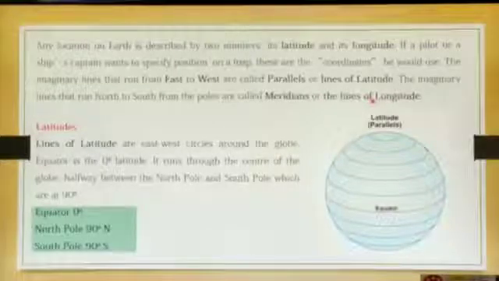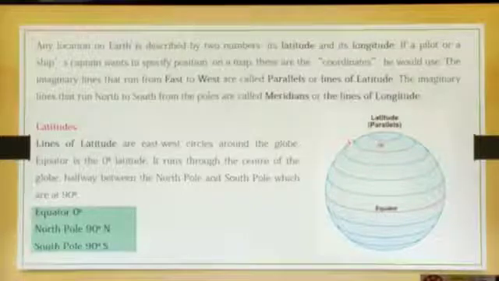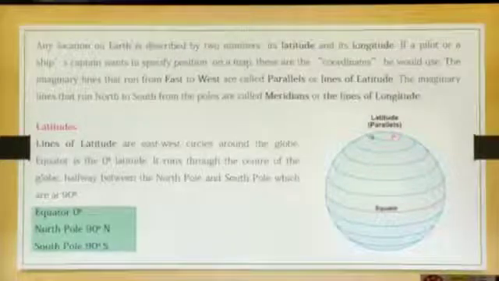Now is it clear, children? Can you see the latitude? These are parallel to each other. These are all imaginary lines. Just look at them, how it moves, alright? And the closer we go towards the poles, it becomes shorter.